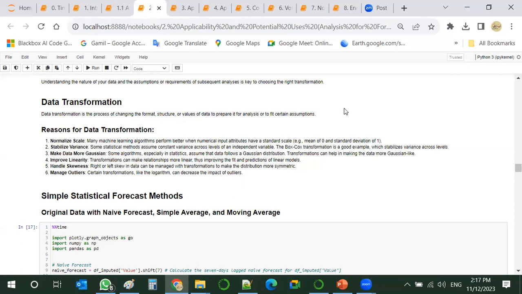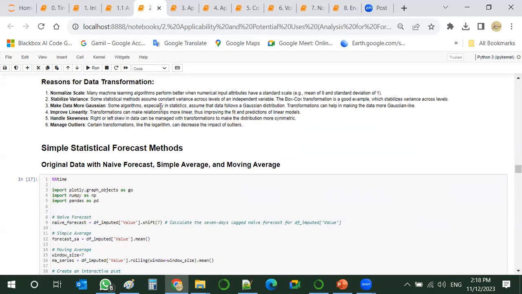So sometimes you might need to make your data more normal, Gaussian-like, to be able to utilize a certain technique or a certain way of analyzing or modeling. So this is one of the important steps to be taken before you go for further steps.